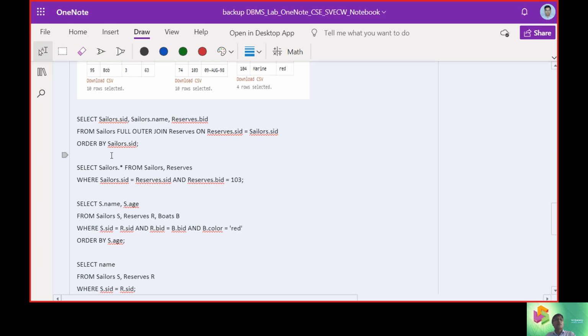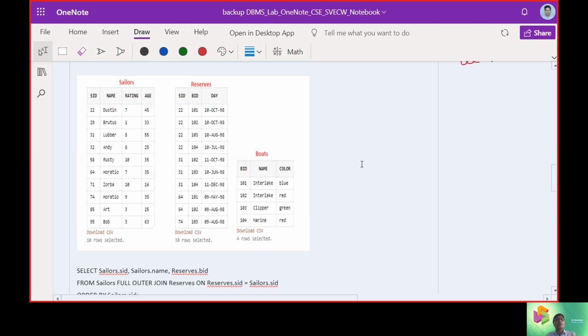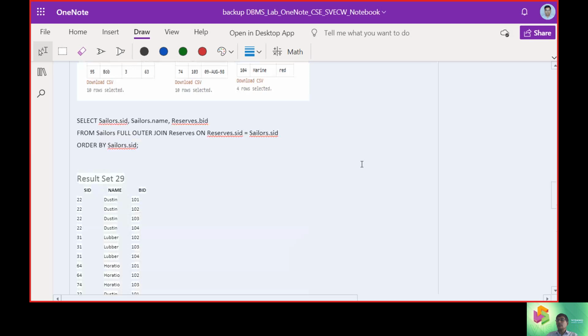So that is the importance given to the full outer join. The full outer join is now represented with the elements as follows.